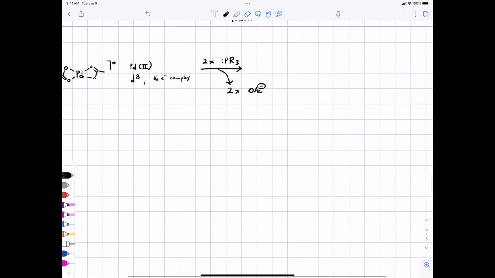So what would that look like? This would be palladium bonded to 2 of those phosphine ligands. Only in this case, it's palladium 2+,